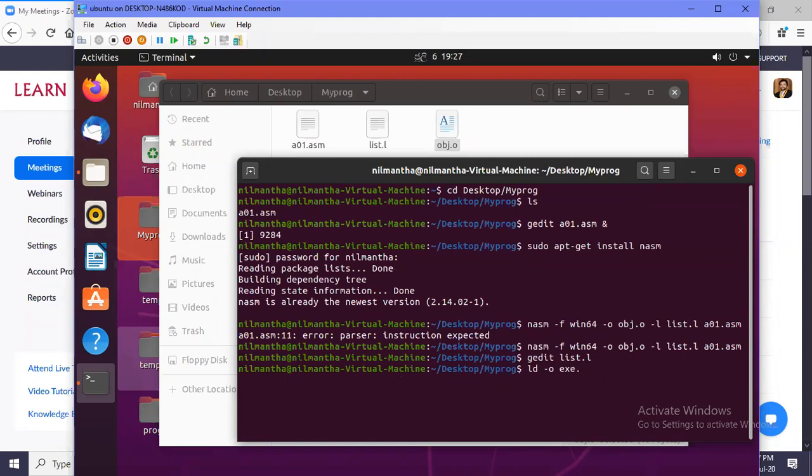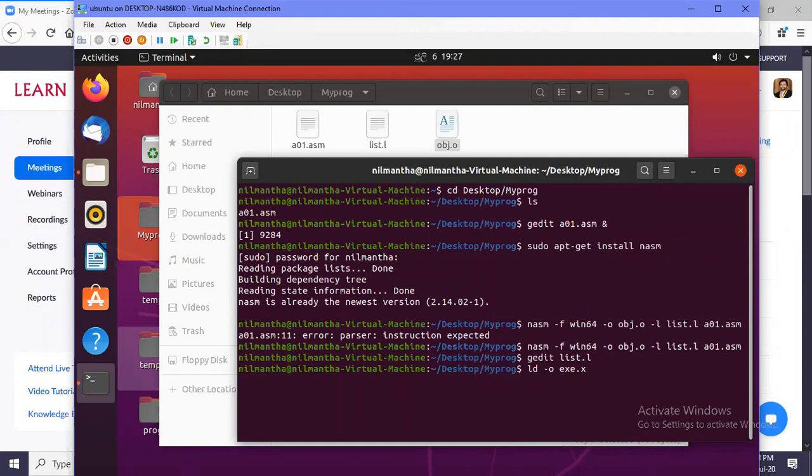So we link this object file to an executable file, which is also a type of object file, but the executable file has the extension .x.